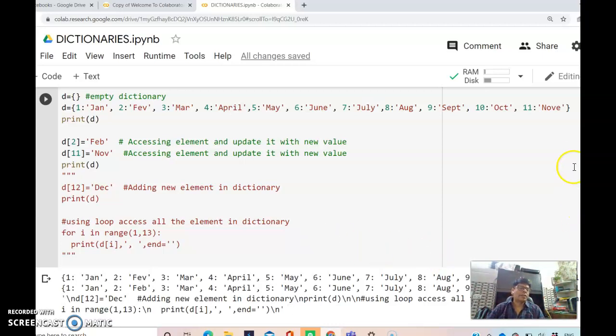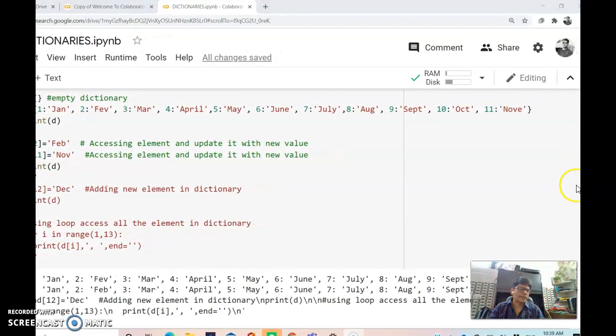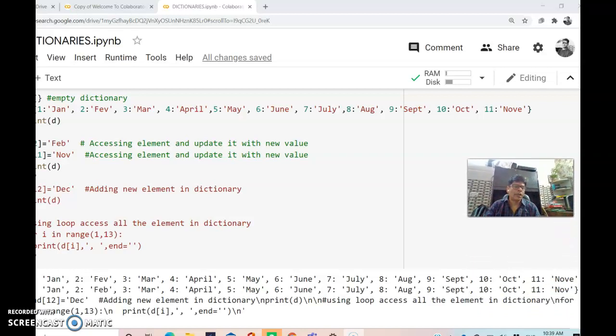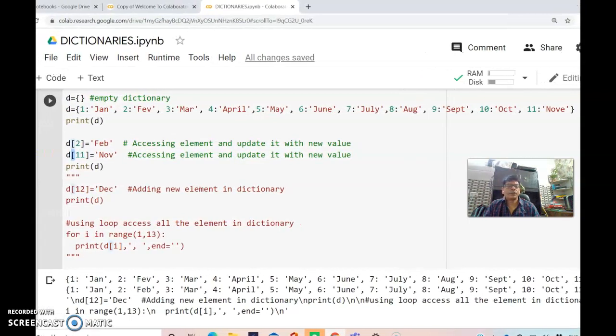I can see here it is beyond the scope of the screen. Let me increase the screen. You can see, if you can see here, I have increased the screen. Now you can see there November is there, so 11 and NOV is there. Okay, now let me do the next thing here. Again, I have to shift this screen here because it is less.